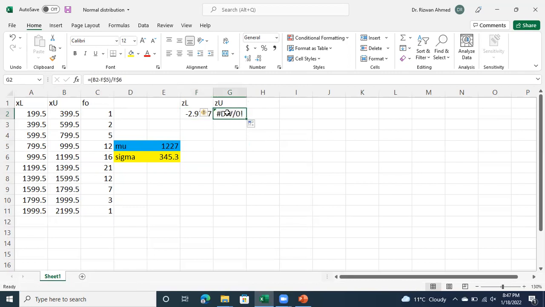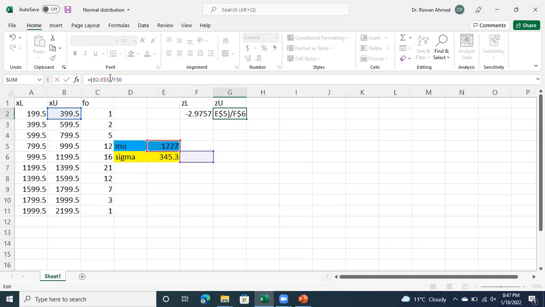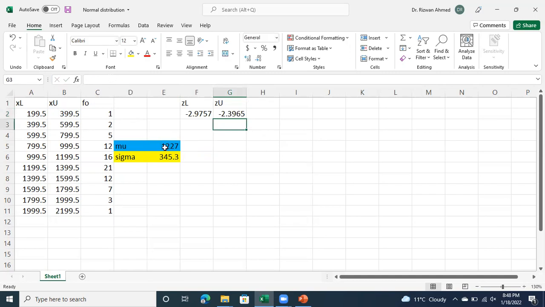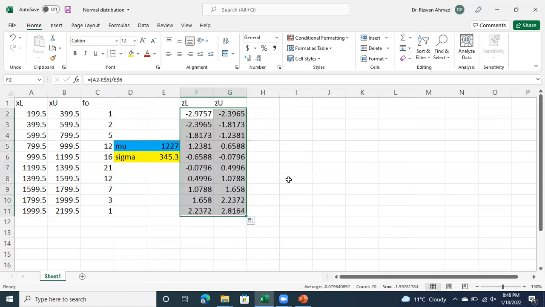Okay, so here something has changed. The calculation has shifted to the F cell, so the mean value and the sigma value are to be picked from the particular cell. So I repeat these calculations for all of the classes, lower limits and upper limits, and then the area on